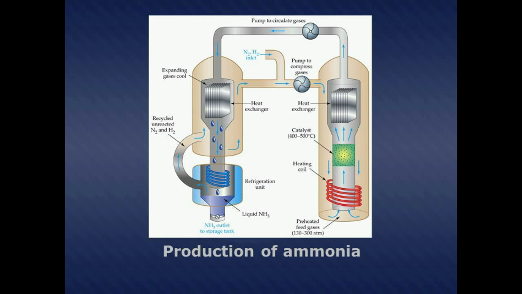The reaction is reversible and the production of ammonia is exothermic. The proportions of nitrogen and hydrogen: the mixture of nitrogen and hydrogen going into the reactor is in the ratio of 1 volume of nitrogen to 3 volumes of hydrogen. During industrial production of ammonia, the reaction never reaches equilibrium,